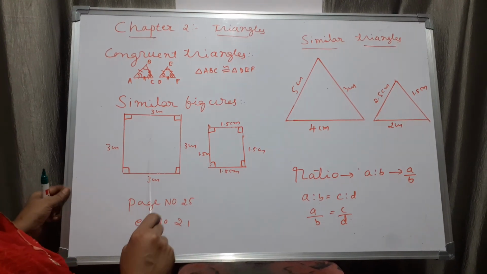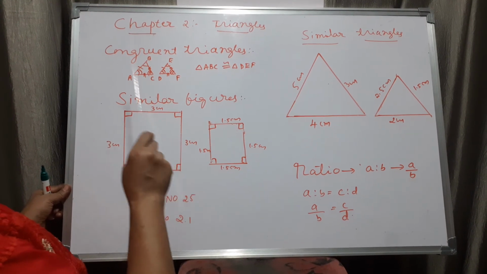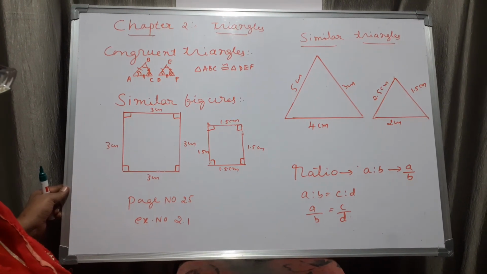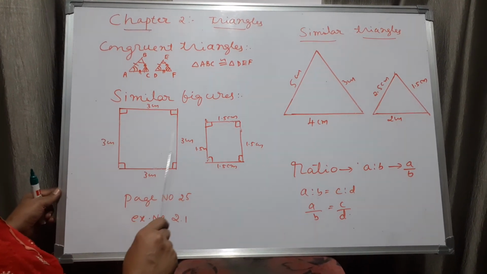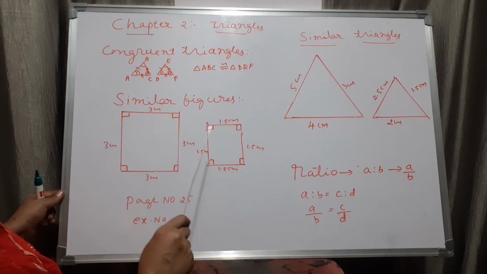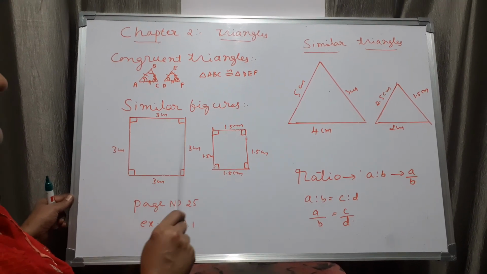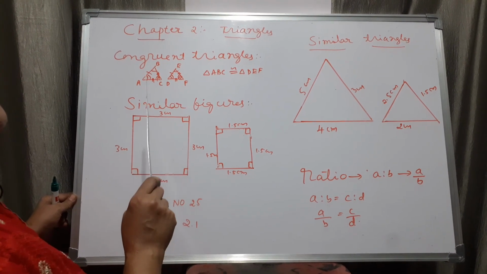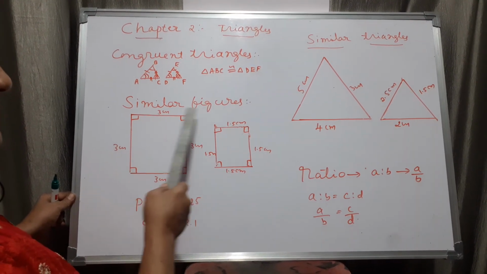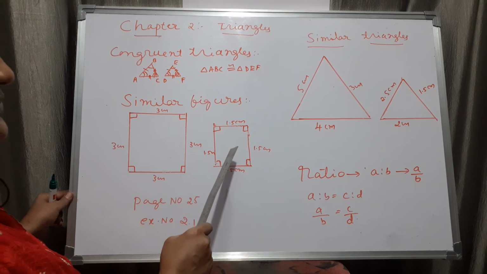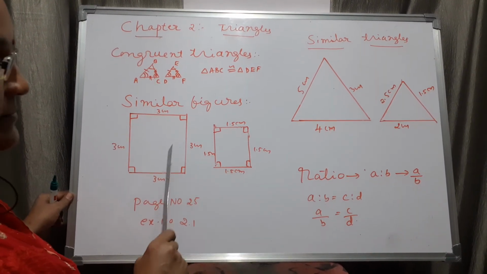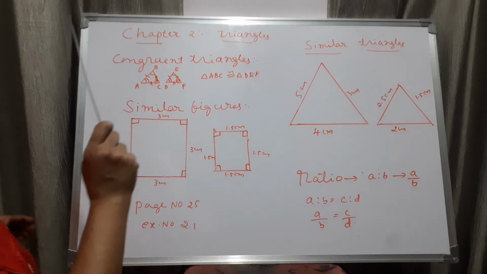Because in congruent, we are saying three sides and three angles of one triangle are equal to the other one. Here, in different squares, their sides are not equal, but angles are equal. These two squares are called similar squares. I have taken similar figures, but we know the meaning of this. Therefore, these two are called similar figures. Okay, similar squares. Now, come here.